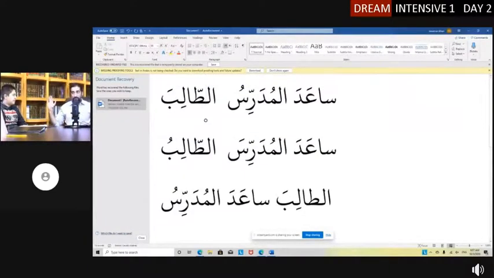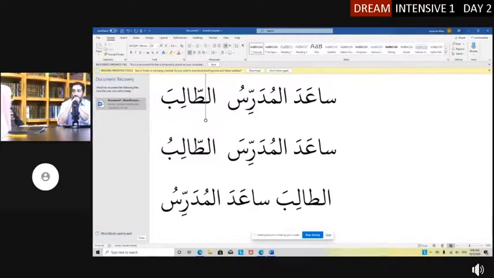No translation now. Okay. Mariam, pressure's on you. I want you to think about who's doing the helping in the first sentence and then translate it. Don't whisper because we can hear you. How do you read in Arabic? Sa'ada al-mudarris al-talib. Okay, so now we have to think about translating this, but the translation will be either one. It could be the teacher helped the student or the student helped the teacher. You have to decide how to translate it. Only one of them is right.